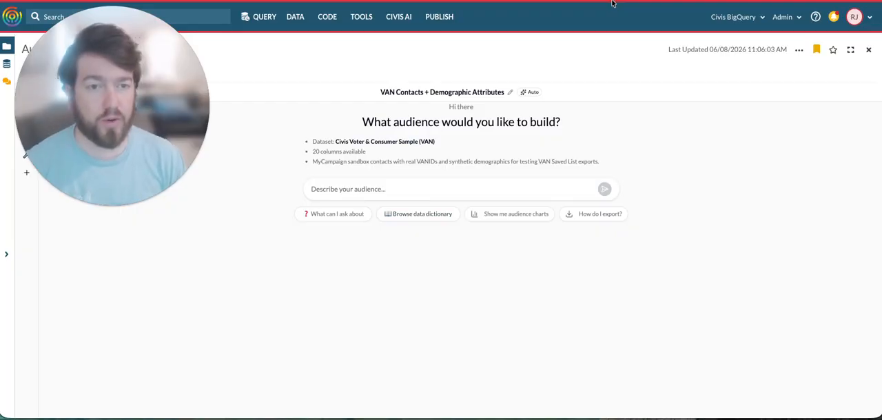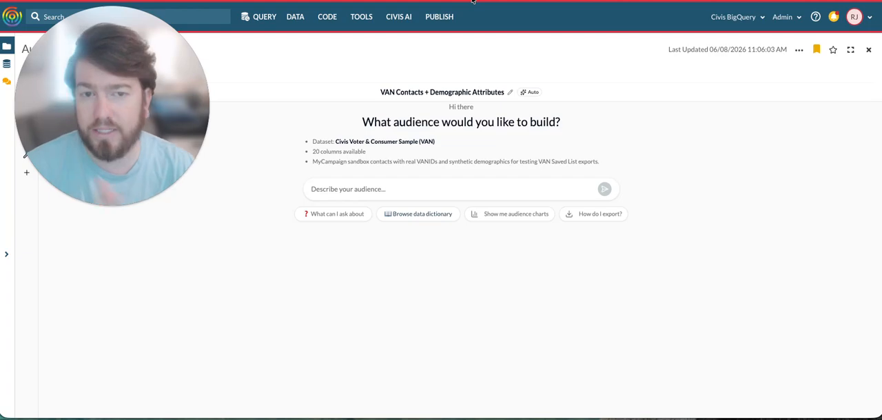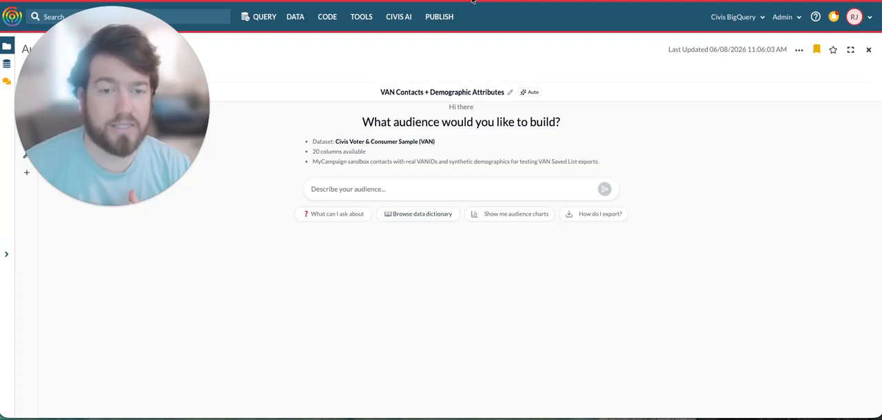So let's start out with a hypothetical. Your development director needs a prospect list for a major gift push. Normally that's a conversation with a data analyst, a few days of back and forth, and by the time you get the spreadsheet, it's already out of date. So let's see how quickly and easily we can spin up that list without any of that back and forth